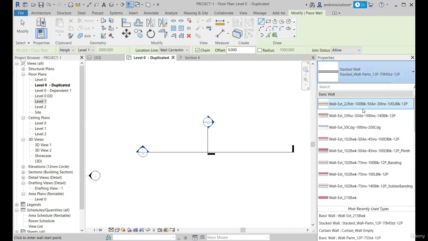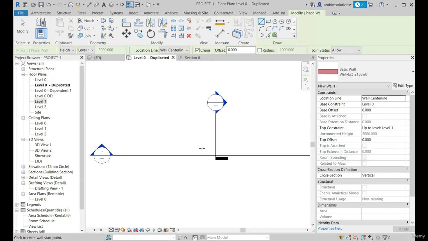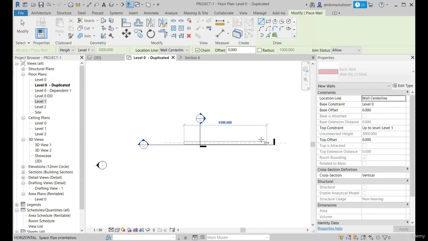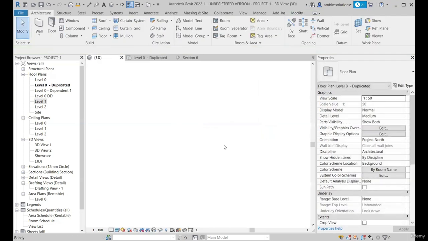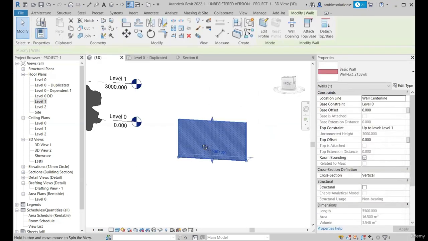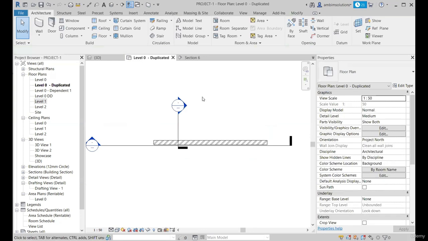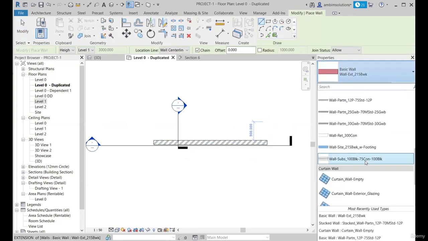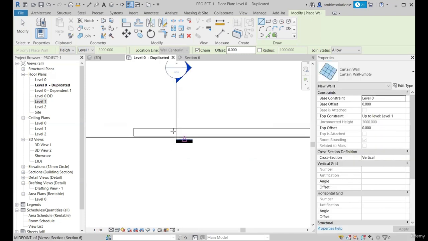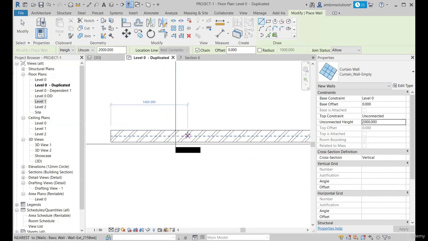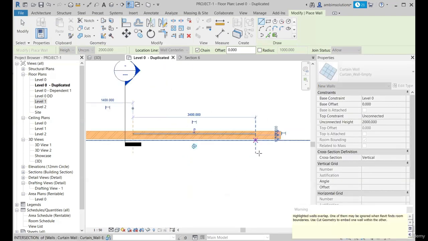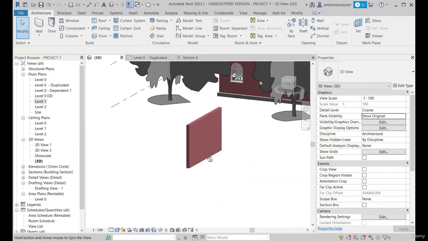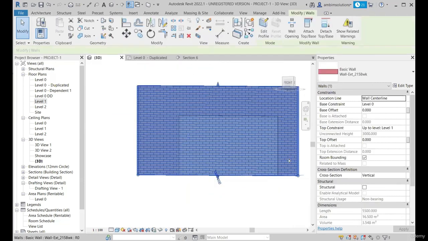So, for example, I will create a solid wall. Let's say I have created a solid wall here, and let's check in 3D. So this is my solid wall that is placed. If I want to create a curtain wall that is embedded in a solid wall, we can create that as well. So if I add a curtain wall, let's say a 2 meter wall,